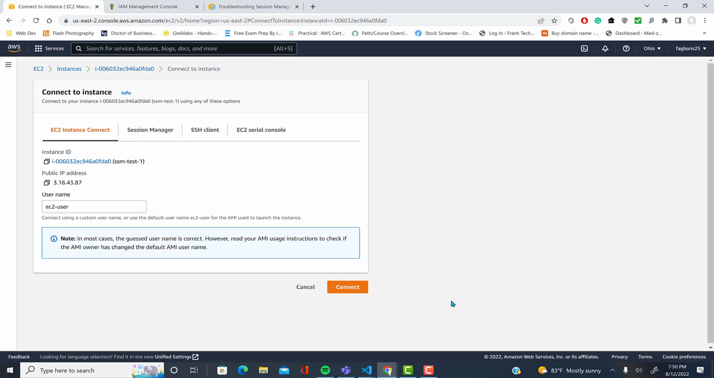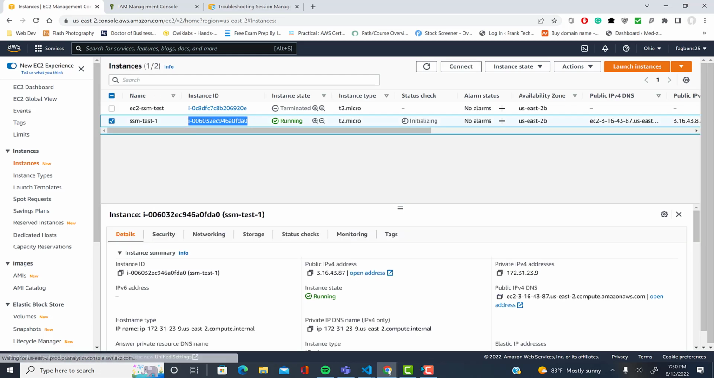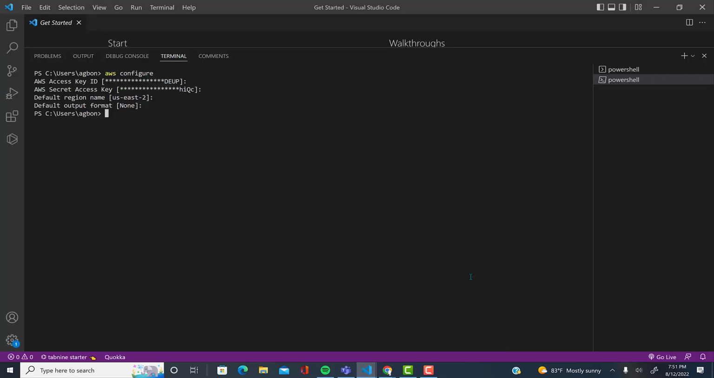So move back over to our Visual Studio Code. The only information you need from here is your instance ID. So copy your instance ID, come back to your IDE, whatever it is you're using. But in this case, we're using Visual Studio Code or VS Code. So the command is AWS SSM,